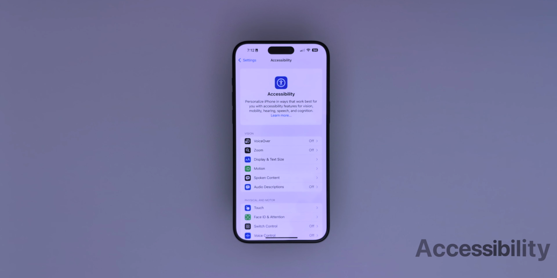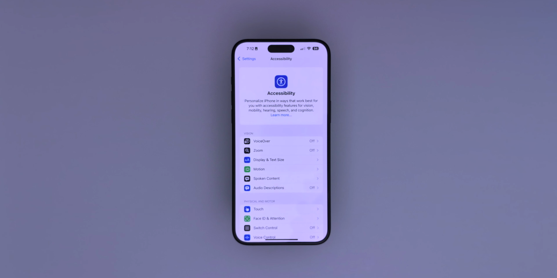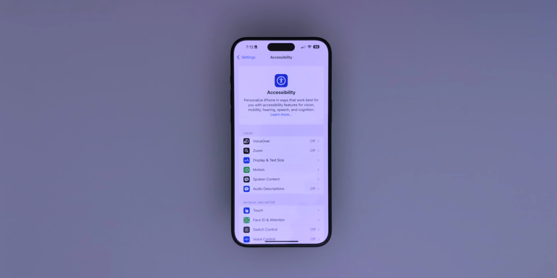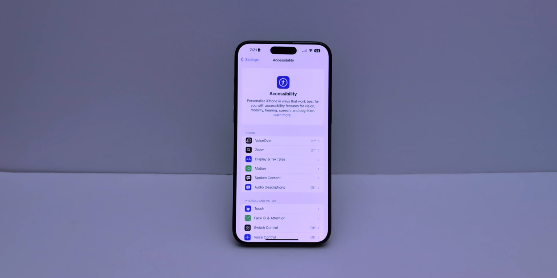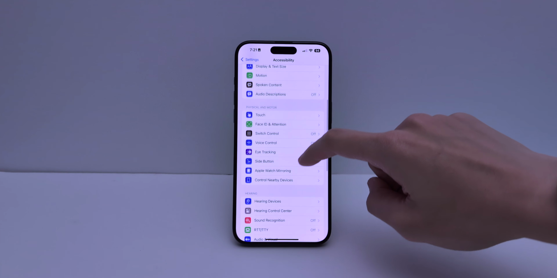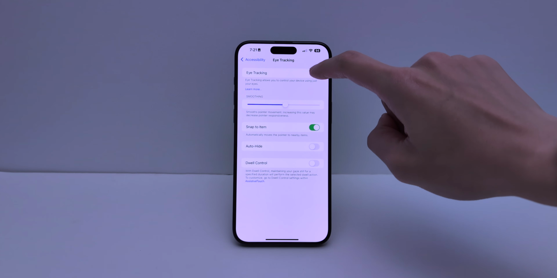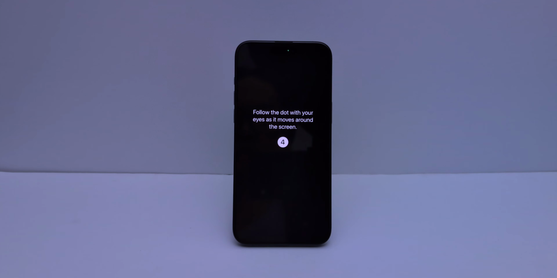And for the last feature, accessibility. It's not something I would use on a daily basis, but it's nice that Apple is giving users with disabilities a new way to interact with their phone. With eye tracking, you can navigate around your iPhone or iPad with just your eyes. It's actually pretty cool. Under Settings, Accessibility, Eye Tracking, there's a new toggle to turn on. Once you do, the setup will start, and it'll track your eyes with the moving dots.